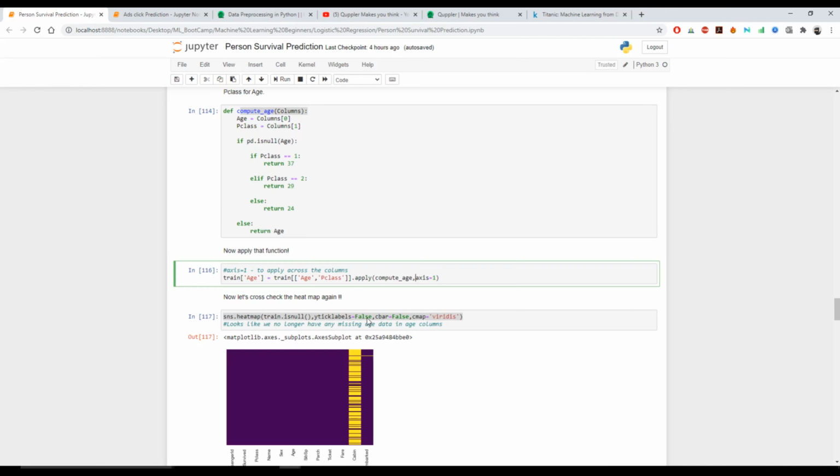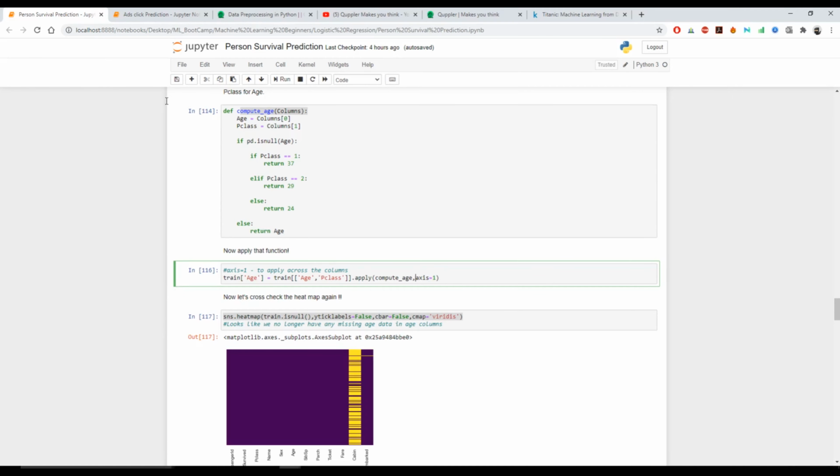split our data set into two parts. Either we can do this, or as I told you from this Kaggle, you can train with the entire train data set, and you have the separate test data set to test on. It's up to you how you want to do it. In our case, we are using model selection from this library. We are importing this particular train test split module.